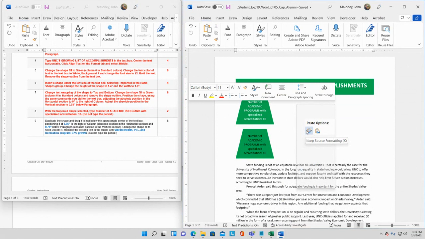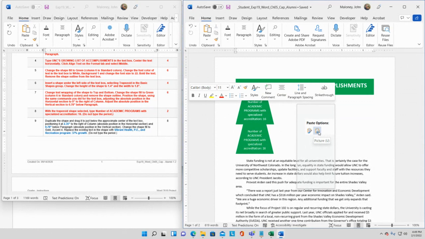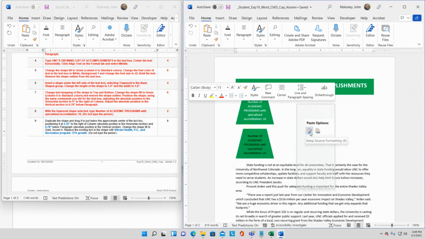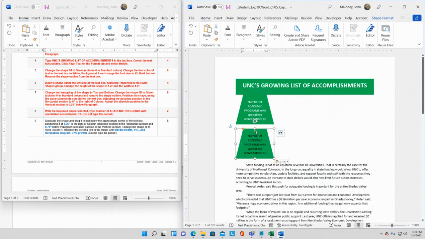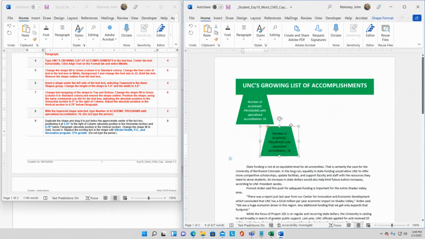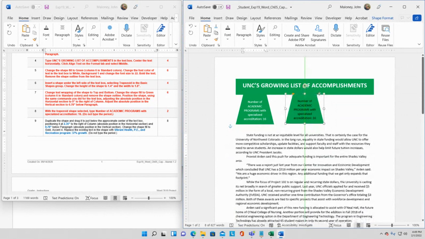Oh wait, yeah. If I do that, then no. Keep source formatting or picture. Well, keep source formatting, I think, is the only choice. I'll say that. Okay, why is it there? It said drag it to the approximate center. Approximate obviously means you just make it close. So that's about center. I'm sure not going to argue one way or another. Okay. So number of academic programs with specialized accreditation says 16. I did that. Now I duplicated the shape. Oh, it duplicated that for me. Okay, duplicate the shape and drag it. I did. Positioning it at